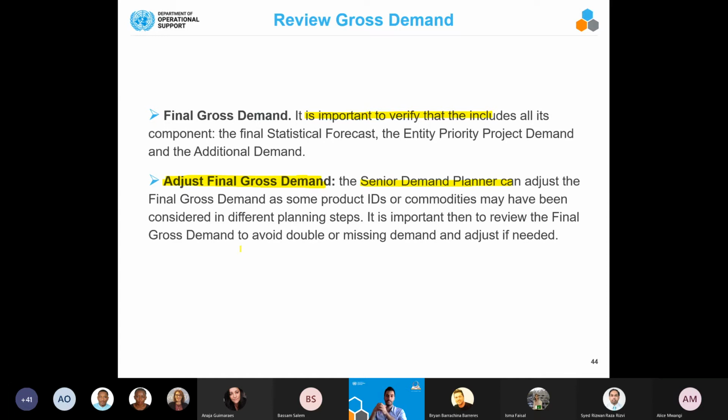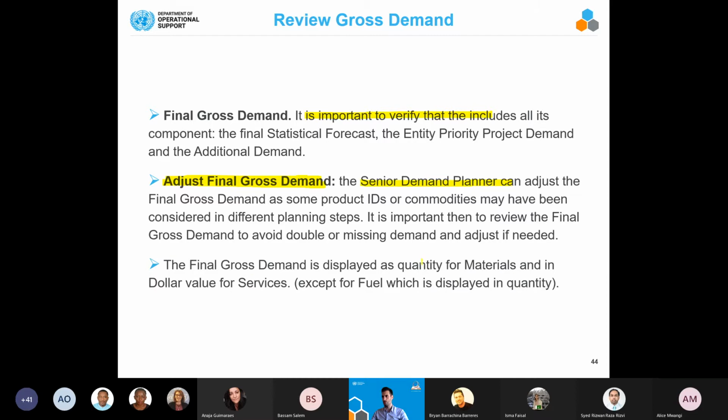sometimes some equipment demand forecasted, right? And then we may have the replacement of existing equipment in use. So it's good that from this template we're going to show, you see all the demand coming from the different elements, so we can double check that there is no double demand. Okay, and remember that the final gross demand is displayed as quantities for materials and by default in dollar value